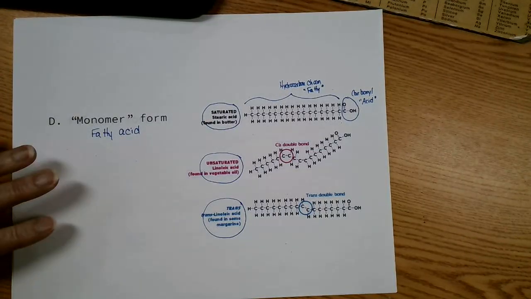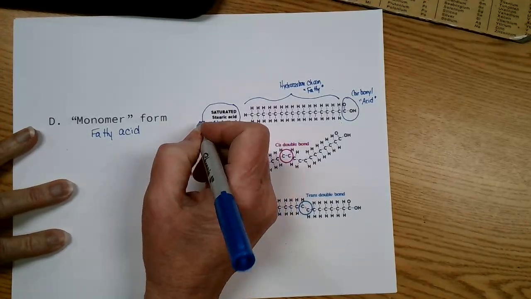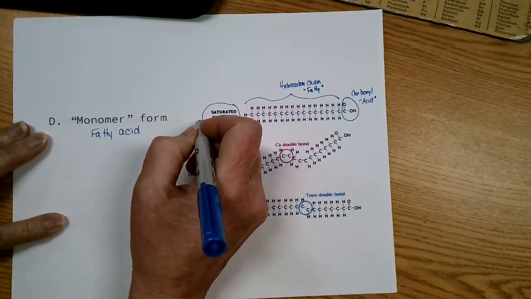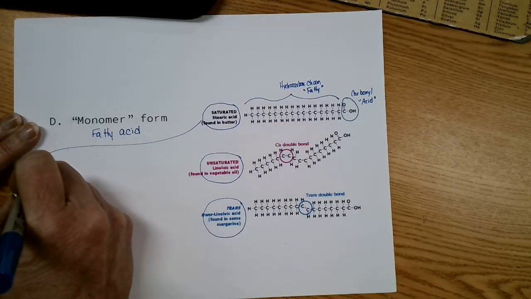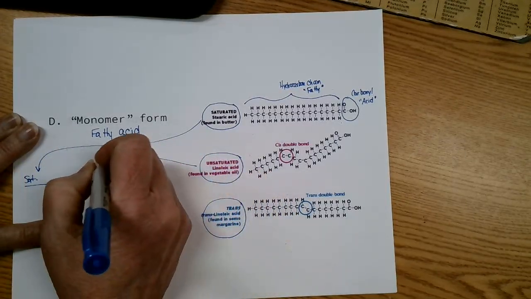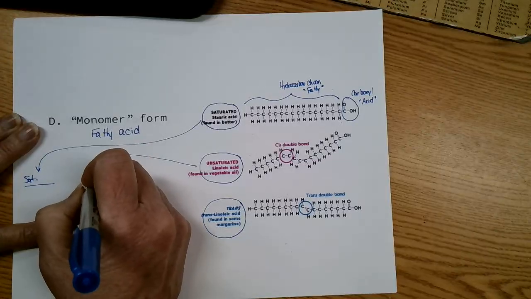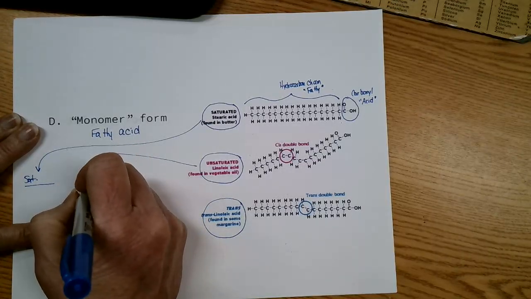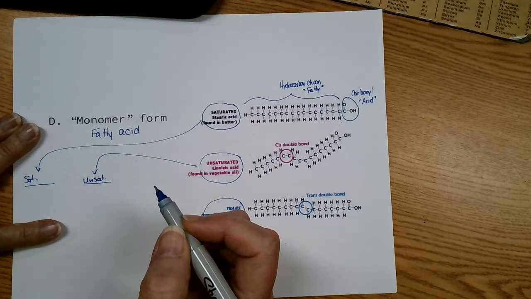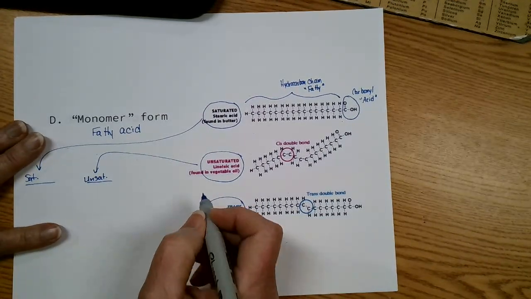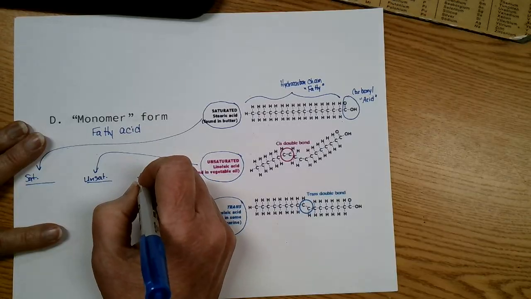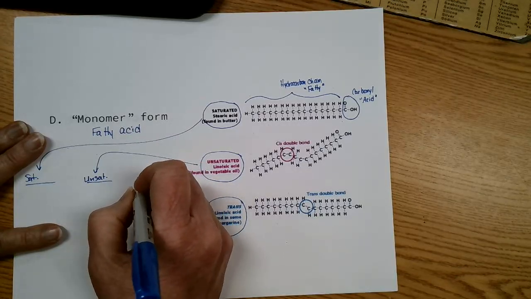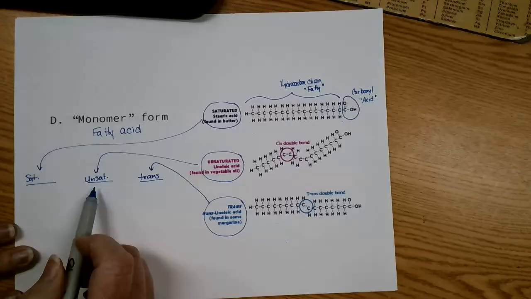Well, first off, I want to say that the saturated ones, and I'm going to do like a little chart. I'm going to say saturated here, saturated. Okay. I'm going to say unsaturated in the middle column, unsaturated. And be careful when you go to do your review of these lipids, be careful. They might not be in the same order. And we're going to put trans in this column here. What's the difference between them? Okay, saturated, unsaturated, and trans.